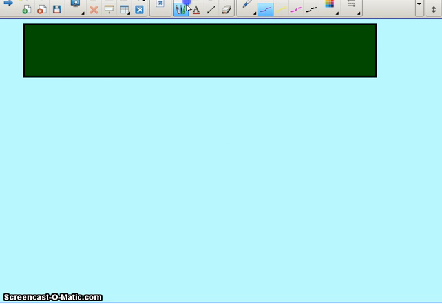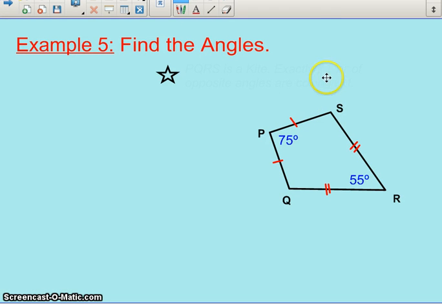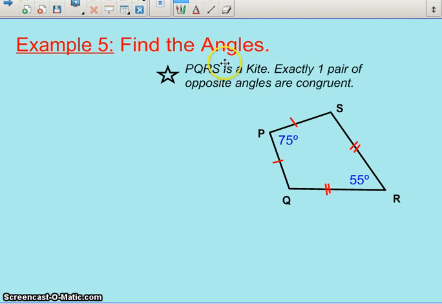Alright, regular geometry students would be doing 3 and 13. iPad, yours should be on your assignment through Lumen Touch already. Alright,